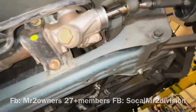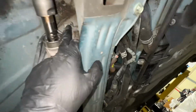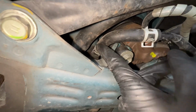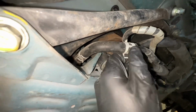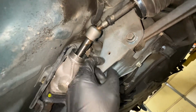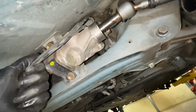And we're gonna go ahead and remove this bolt right here. That is a 22 millimeter. And under here, we got a little hose clamp that attaches to this line on the back right there. So you can see it right there. So I think it's easy. We're gonna take this out and we're gonna cap this off so that the power steering fluid doesn't leak off. So find a cap, find a hose, something just to cap it off. And then the same thing, just probably get a bag or something to hold it in place so that all the fluid can just drip into that, and then dispose of it